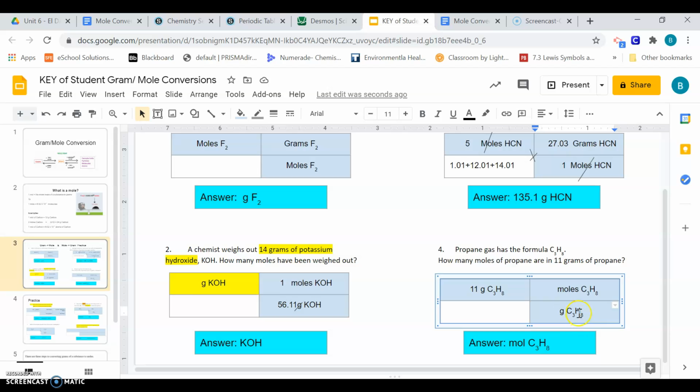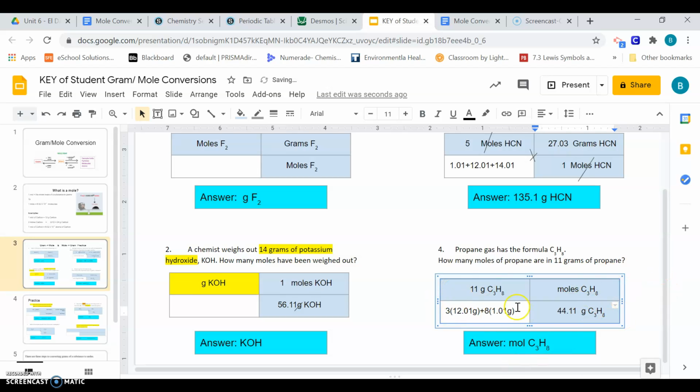In the bottom one, this is where we use our periodic table. So this is what is given, this is what we're trying to find, and this is what we use our periodic table for grams. So C3, so carbon has a mass of 12.01. There are 3 carbons, plus there are going to be 8 hydrogens with a mass of 1.01. So our total mass for propane is 44.11